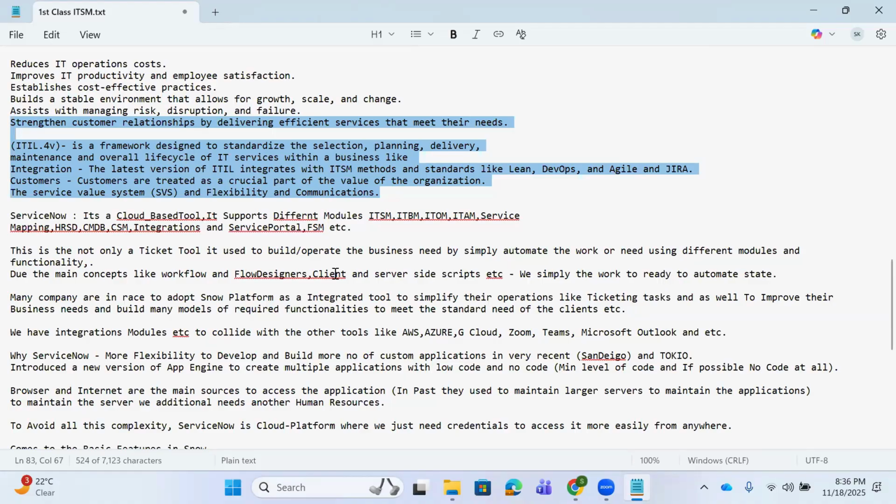There is a lot of advancement of technology in ServiceNow. They build many modules of required functionalities to meet the standard needs of clients. We have integration modules to collaborate with AWS, Google Cloud, Azure, Zoom, Microsoft Teams, and many others. Why ServiceNow? When someone asks you, it's one of the most user friendly tools. It is easy and flexible to learn and implement the technology, as most of